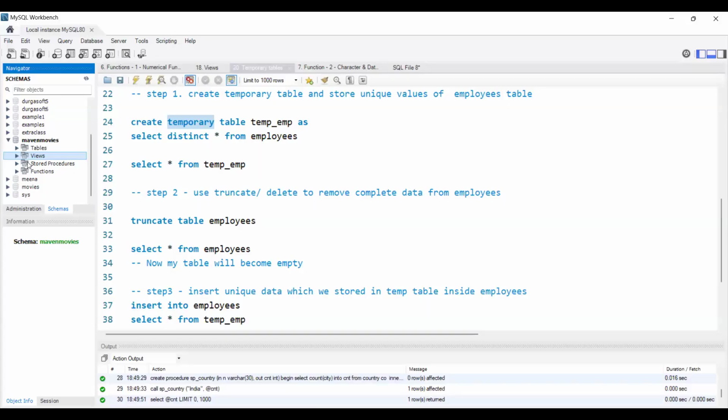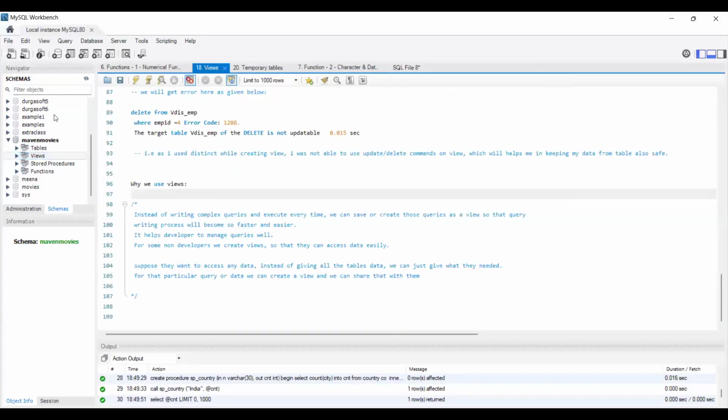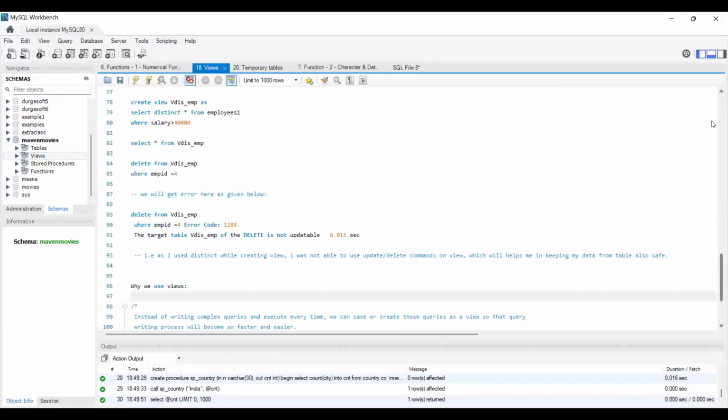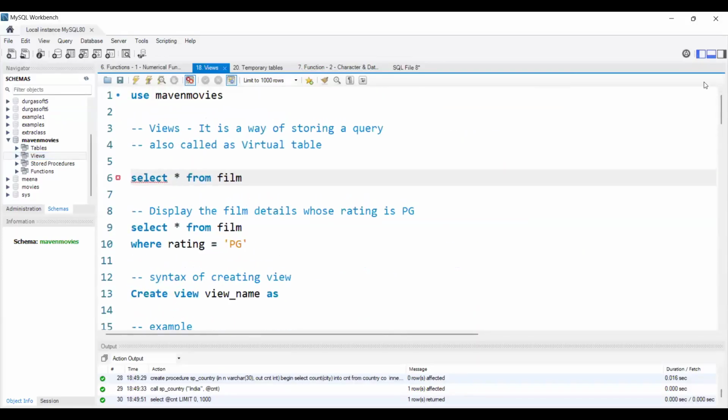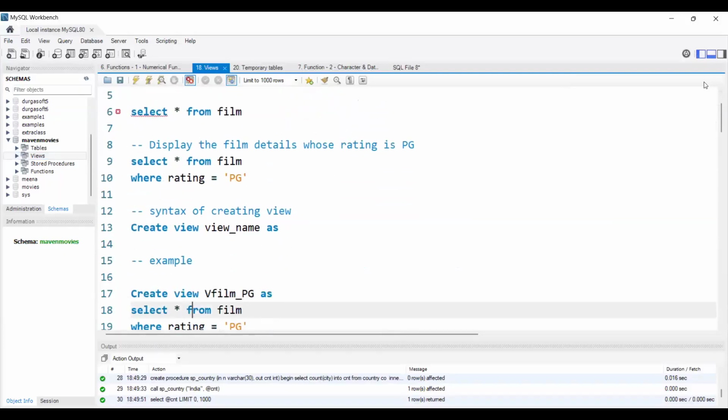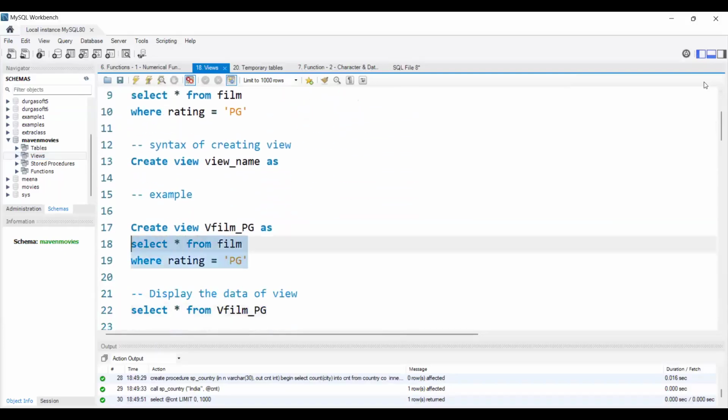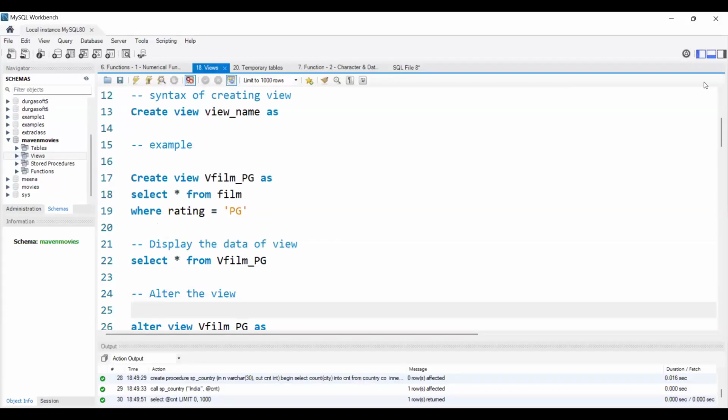Yeah, I attended the views concept, but the difference between views and temporary table, I didn't get it. See, with views, what we did, we are just storing queries inside the views, right? I created some view, whatever query we have. Suppose select star from film where rating equals PG. I stored one complete query inside a view. This is a small query where we used a where clause, or else I can store some big joins also inside